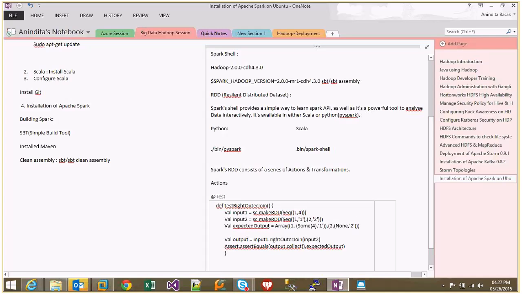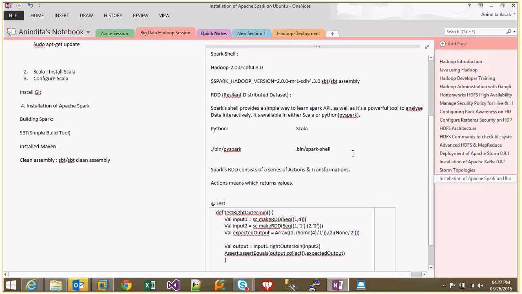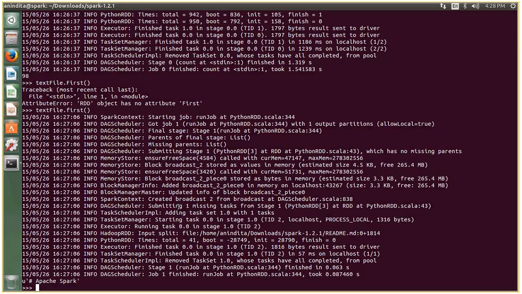Action means which returns values, and transformations means which return pointers to the new RDDs. So let me just go through some of the transformations. We will use right now a filter transformation to return a new RDD with a subset of the items in the file. So I'm just writing